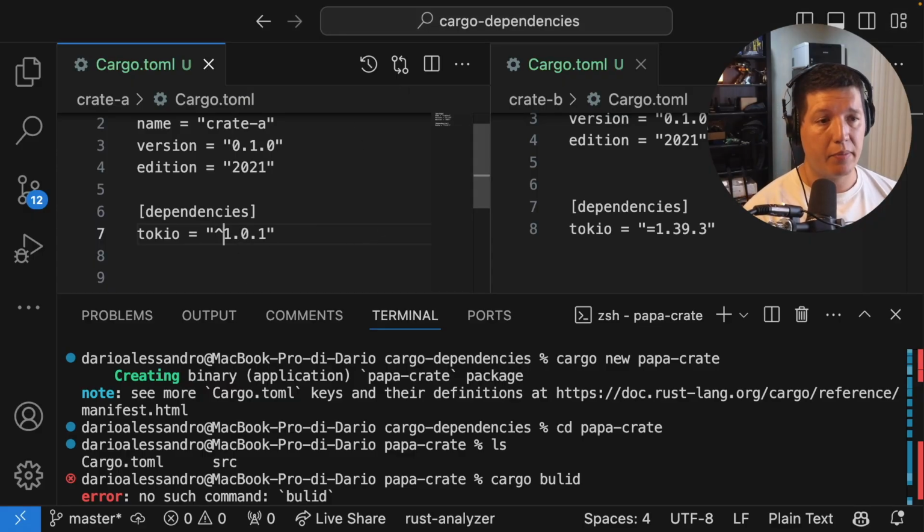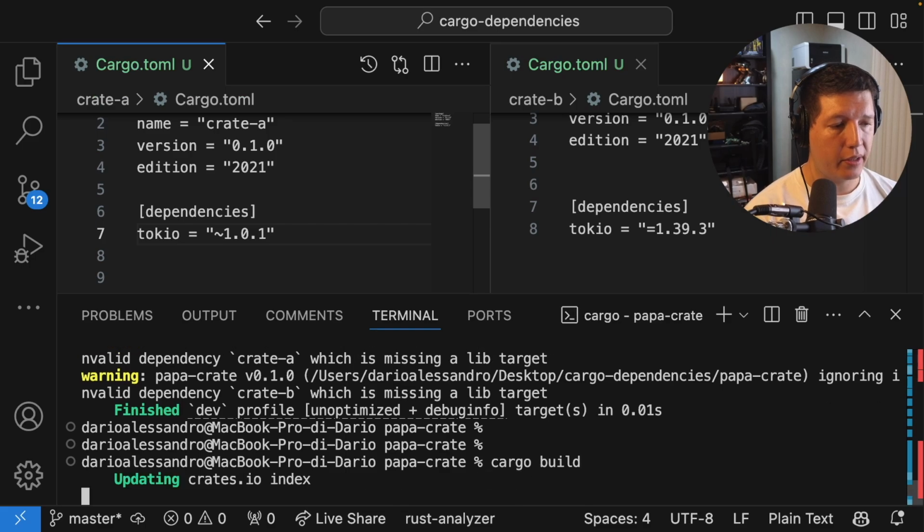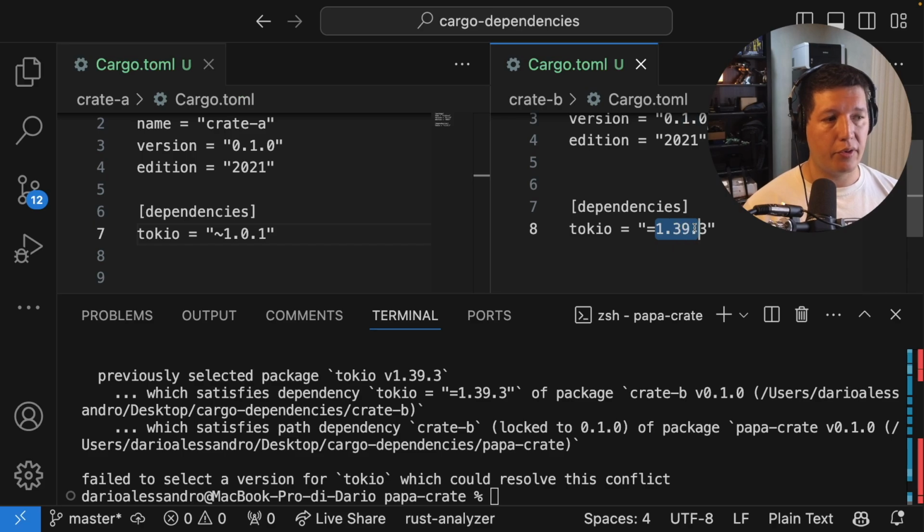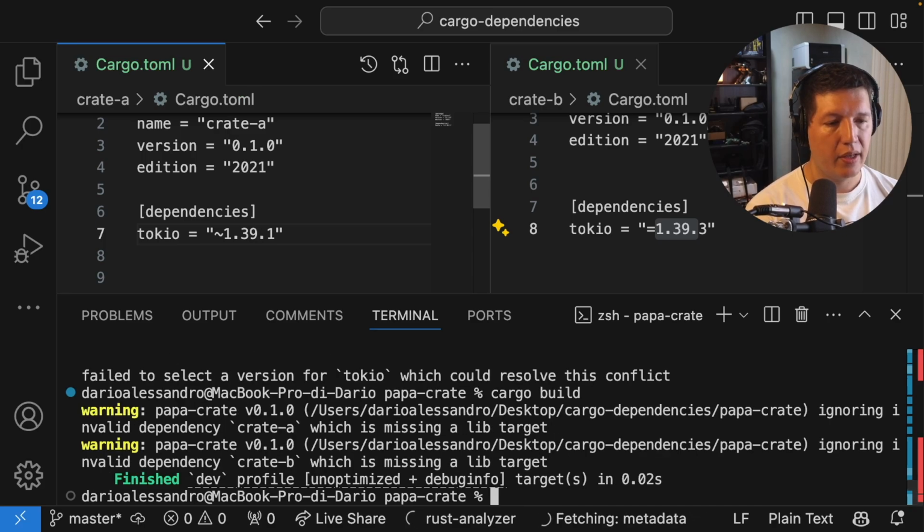I've seen actually Tokio use the tilde operator. So let's try the same thing, but using the tilde operator here. I think, boom, there you go, tilde operator. Will it build? No, it won't, because we are saying that we are willing to accept a version of Tokio that is 1.0.x. So that means that it won't accept 1.39. It's too new. Now, let's see if we can bump these and then compile again. Now it's happy. So those errors were very cute.